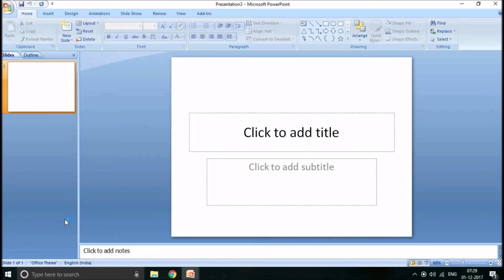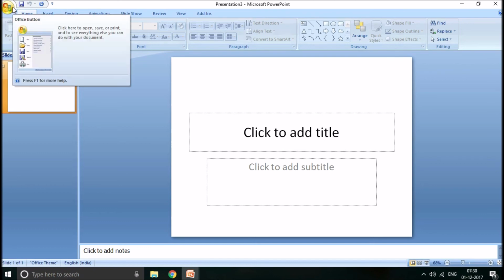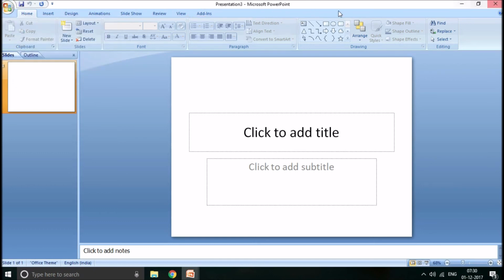When you open a blank presentation, it looks something like this. So it will have an opening slide. This is the slides view, and this is how the slide will look. So the basic terminology is still the same. As with Microsoft Word or Microsoft Excel, all the things like quick access toolbar, the office button or the file button, title bar, control bar, ribbons, zoom panel, view setter, all these things will be the same.